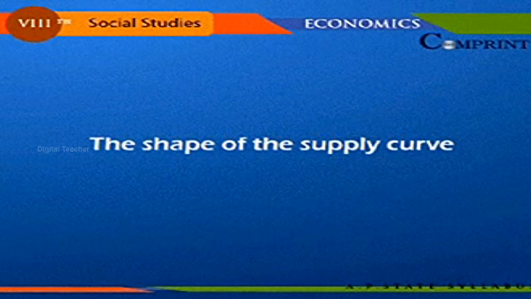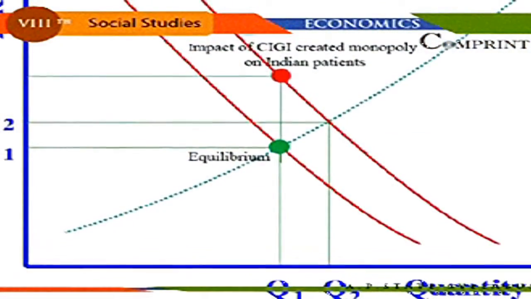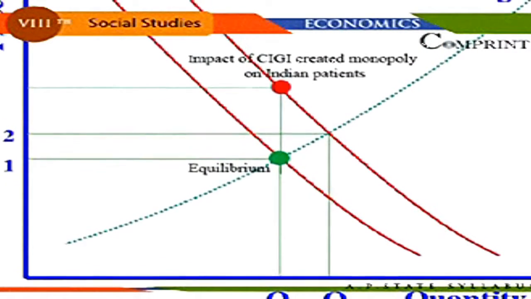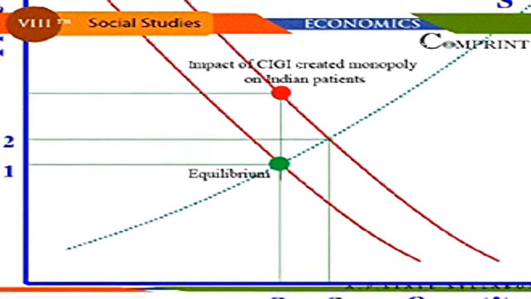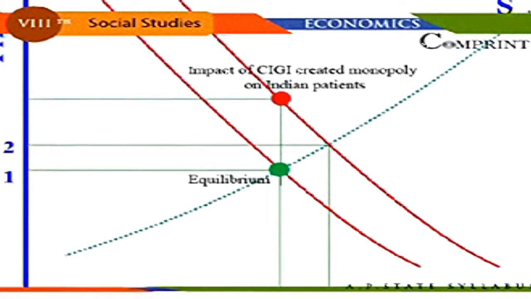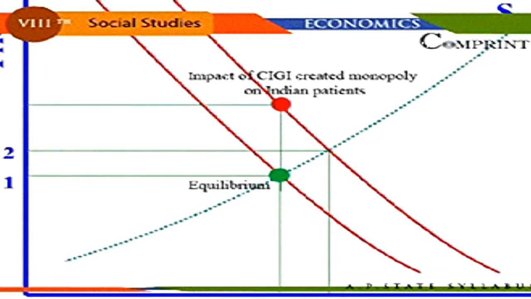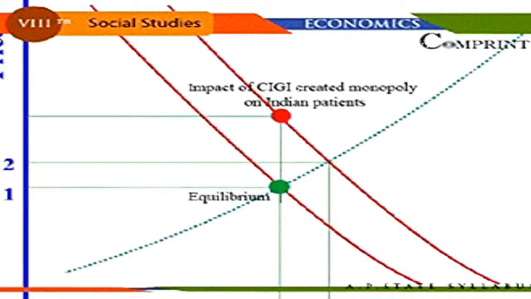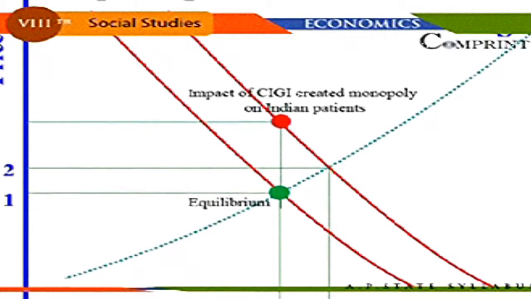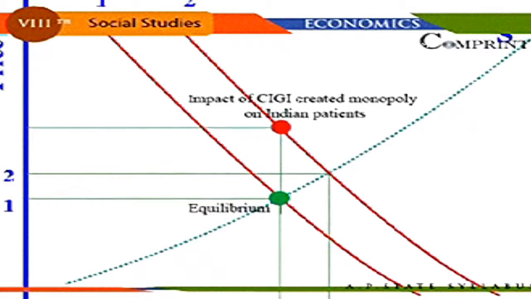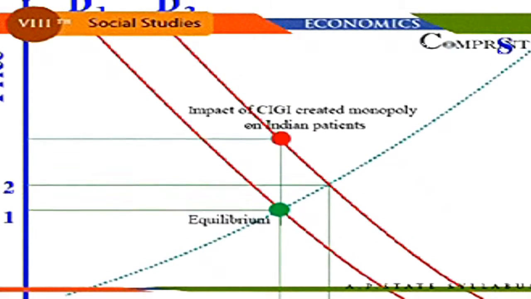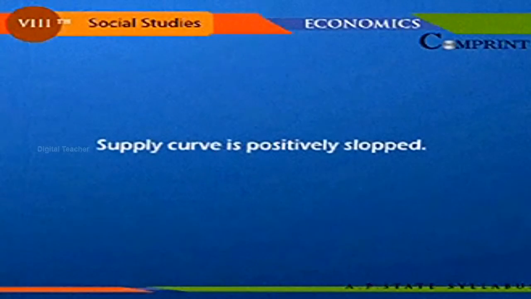The shape of the supply curve. If costs rise with the amount of output produced, producers would be willing to supply more of the product only if they expect to get higher prices. If this were assumed to be true, then the general relationship between willingness to supply and price is to associate larger amounts of the product supplied with higher prices. We see that the supply curve goes upwards from left to right. That is, in the language of mathematics, we say that the supply curve is positively sloped.